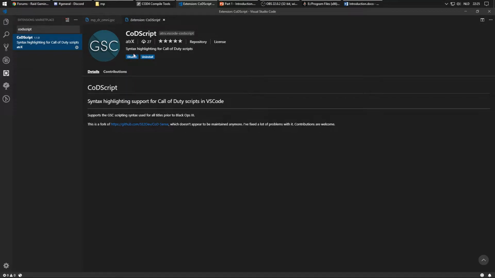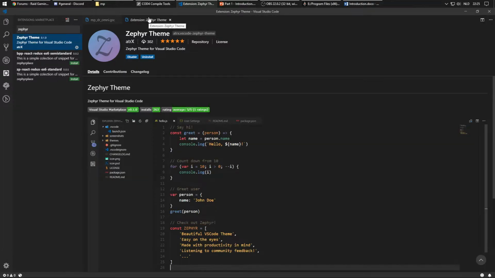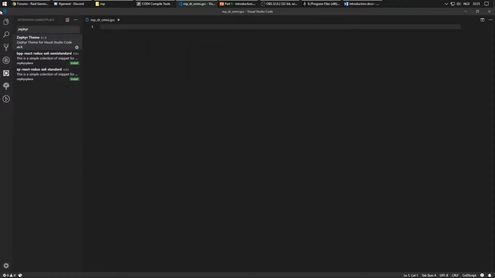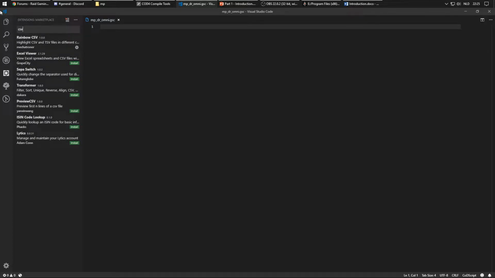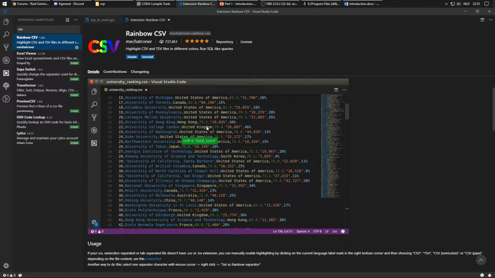So this is my extension. So you literally just install it. There will be an install button right here. Instead of disable and uninstall, you just click it. Then I've got my own theme, which you can install. It's called Zephyr. This one, same, just install it. There's a really useful one if you want to mod, or you'll also find it very useful once we get into doing sound aliases, for example. Rainbow CSV. As you can see from the screenshot, it just picks a different color for each column in a